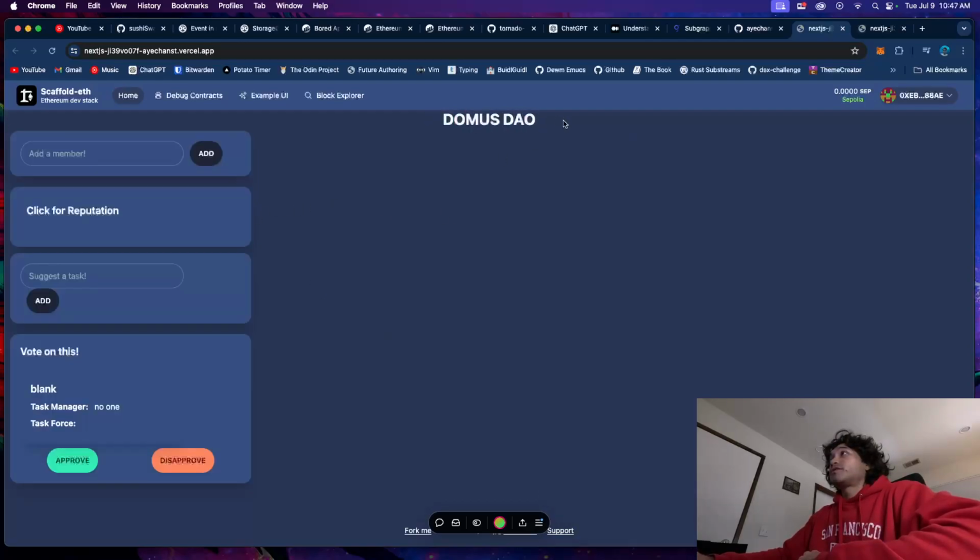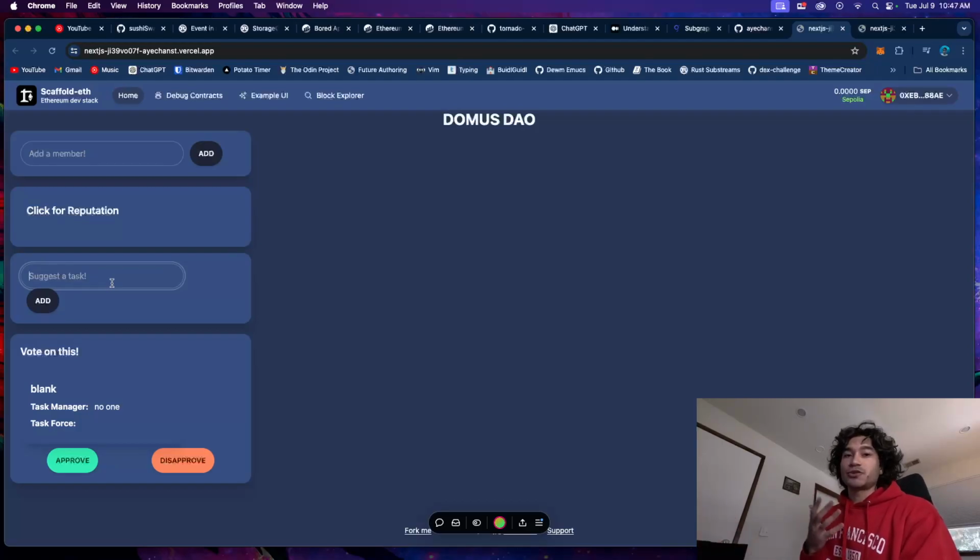And it's a sort of house government app. So basically, you add people to a group, and then people can suggest tasks. This is sort of like a chore managing app. That's what it started out as. Someone will suggest a task, and then they'll include people on that task, and then the task will be